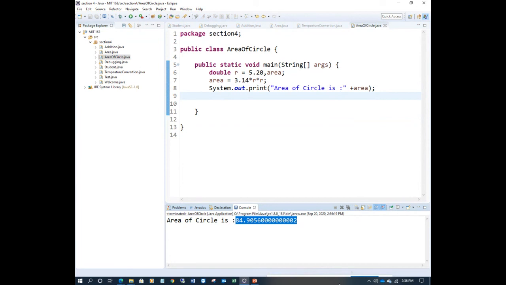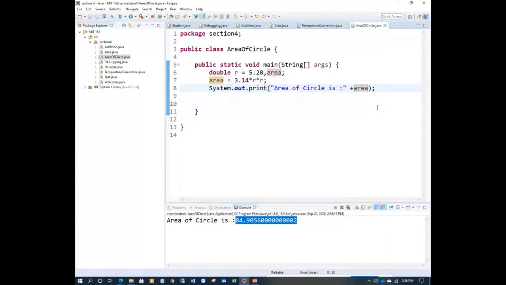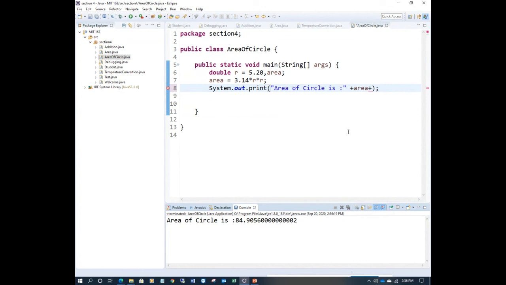If you want to add some symbol, assume like units: centimeter, meter, square units, right? So just add plus for this one here. I want to add some text at the end, some value. You can add text, square units. Observe carefully, with some space here. Run the program. You'll see square units.